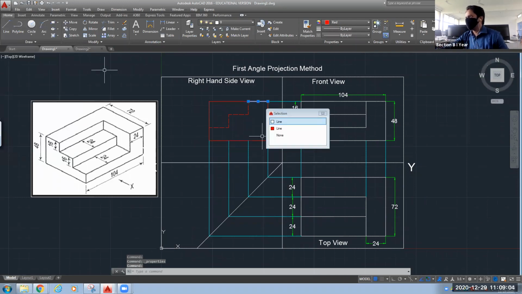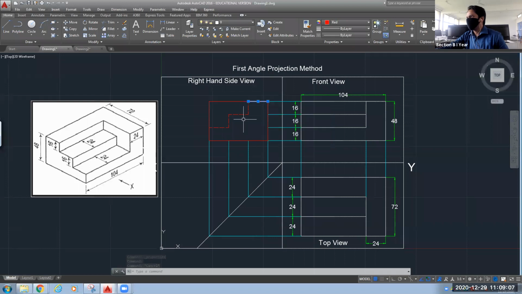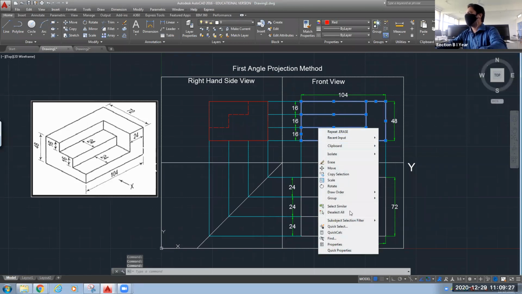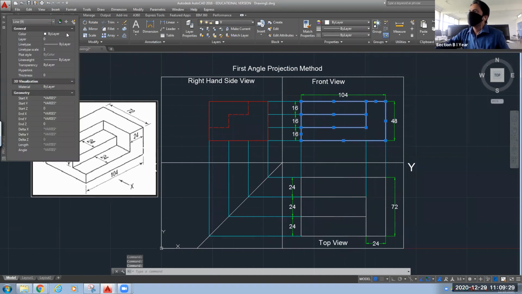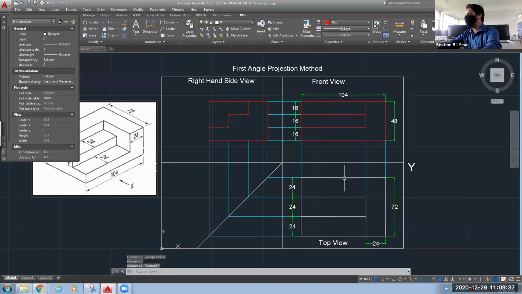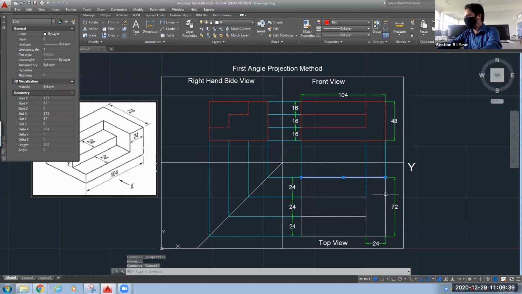Here we have one small segment that is not required, so I want to delete it. So this red color is your main body line. Similarly, I will change the color on this side also. Right click, go to properties, go to color, make it red. Again, in the top view also, I will change the color.